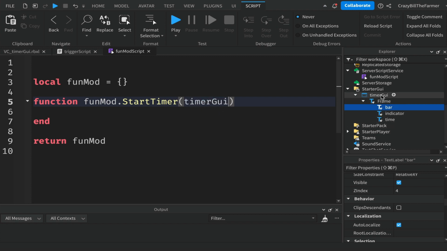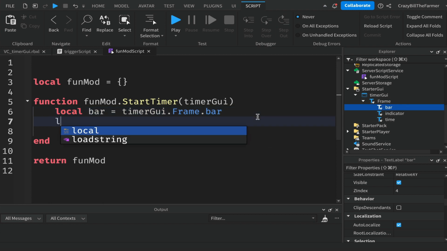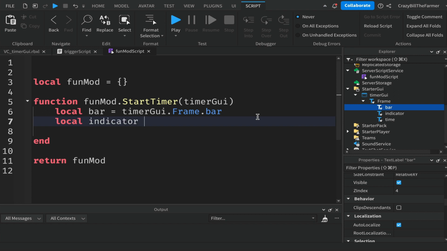Now once we get this timer GUI, what we want to do is access the bar, the indicator, and the time. So inside here, we'll create some variables so we can make use of those. So local bar will be equal to timer GUI, and then at the end we have the frame and then bar. We're doing this for each of them, so it'll be frame, bar, frame, indicator, etc. So local indicator equals timer GUI dot frame dot indicator,